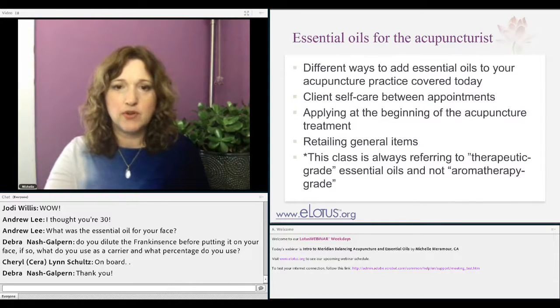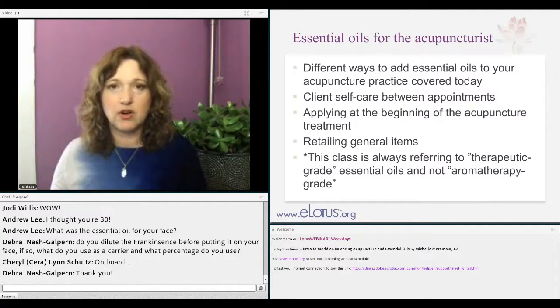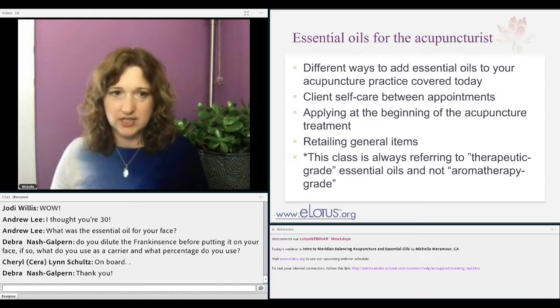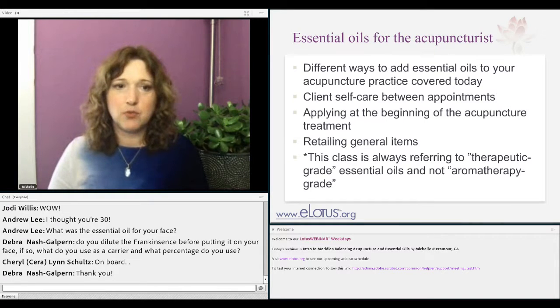So in this class, we're always going to be referring to the therapeutic grade essential oils and not the aromatherapy grade. The aromatherapy grade are the ones that you can get at the general store, like the Now brand. Some of those will say aromatherapy oils, essential oils. We're talking more about the higher